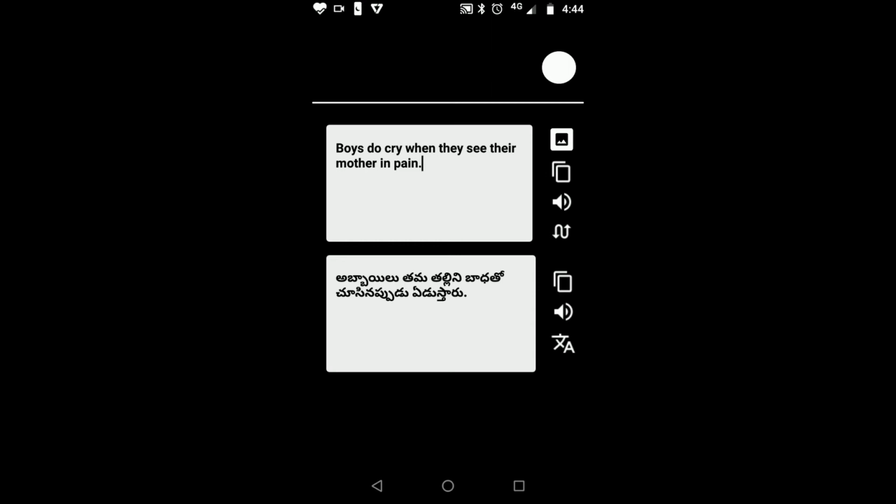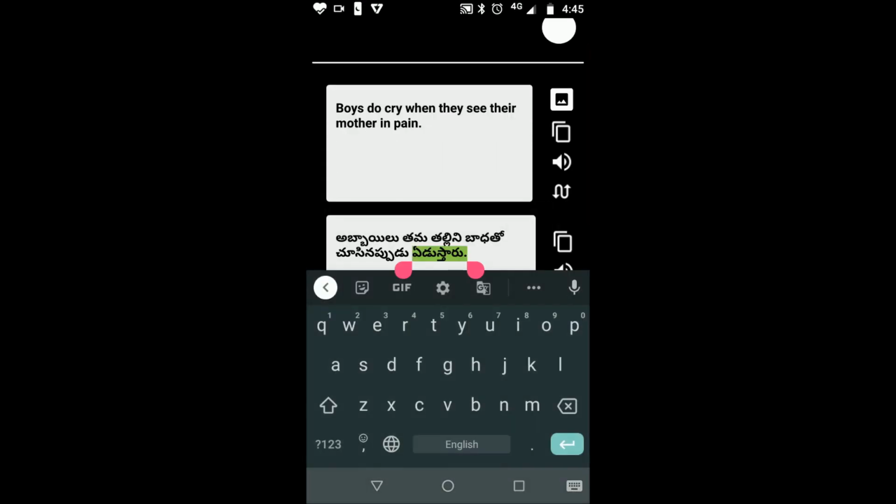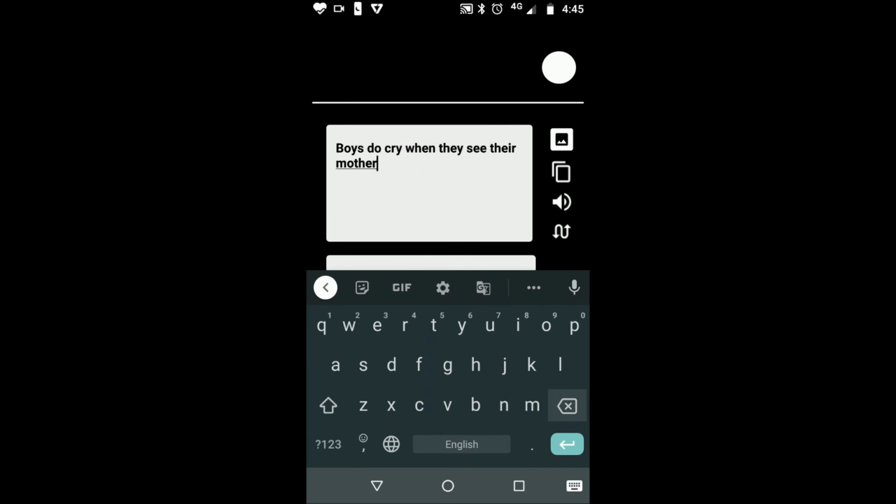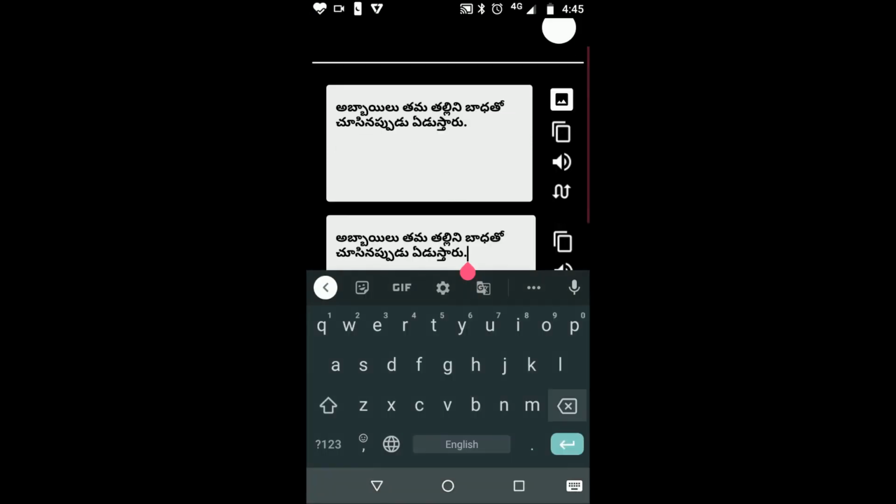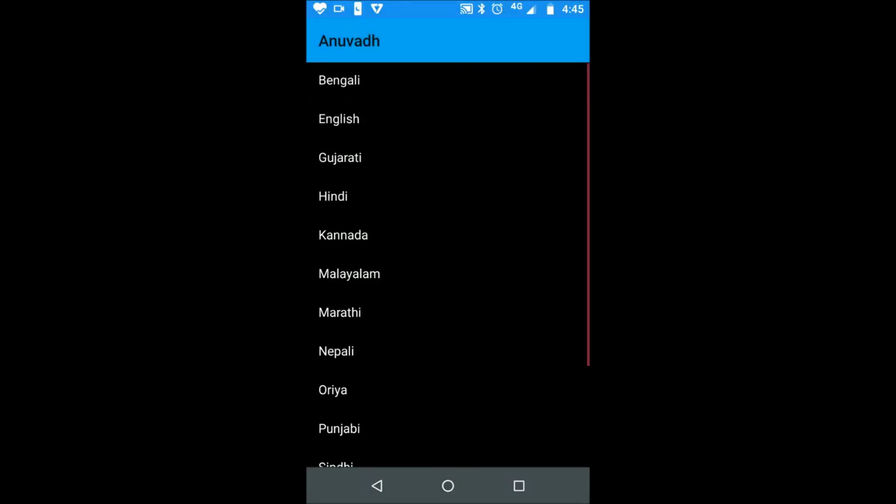So this is how it translates image text to other languages. And now, I just want to copy this text, so text to text translation will be there. I just copied this text. And if you give text in any other language here, I just gave this language text here. And if you want to translate this text into another language, like I just want to translate this text in